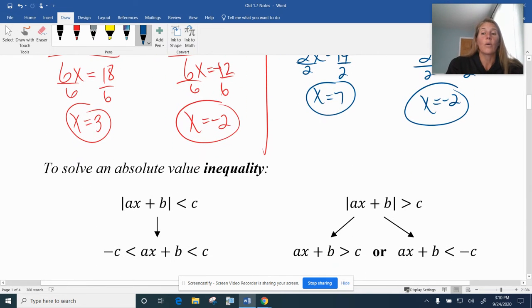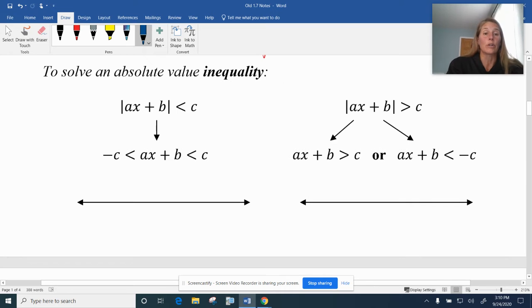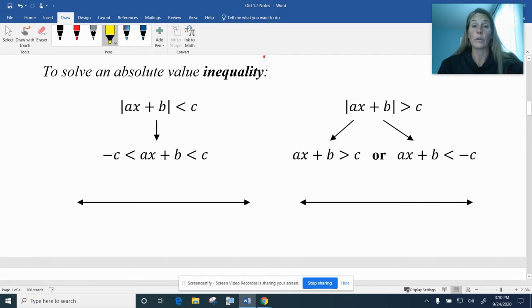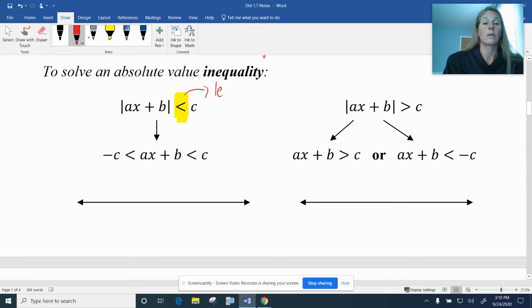Okay. So now, as far as an inequality is concerned, similar idea, whatever's in that absolute value brackets could be different things again. However, it's a little bit more detailed when we have these inequalities. So if you have a less than sign like we do here, you're going to make this into an and problem. Okay, an and compound inequality. And my corny way of remembering that is I write less than